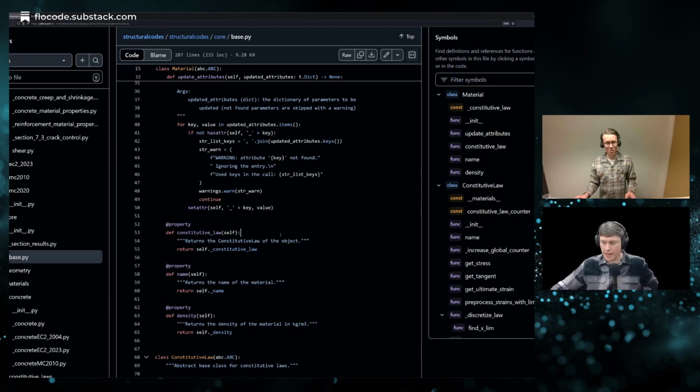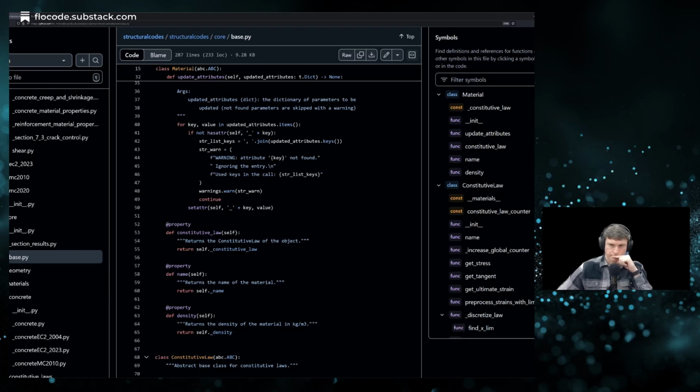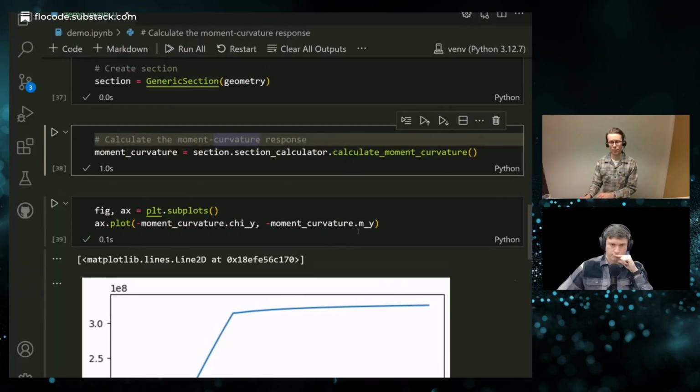Sorry, Morten, go ahead. No, that's a good comment. I'm glad that you see it like this. I think the next step in the exploring here is perhaps to see how you as a user can do your own stuff based on this. Yeah. And we can go back to our Visual Studio Code window. We can explore it a bit further.